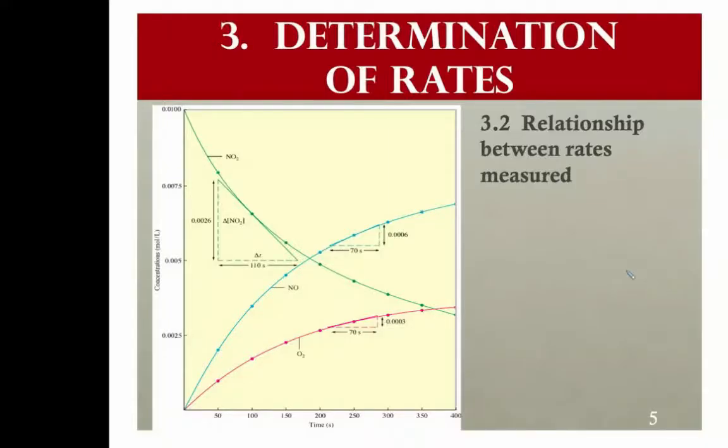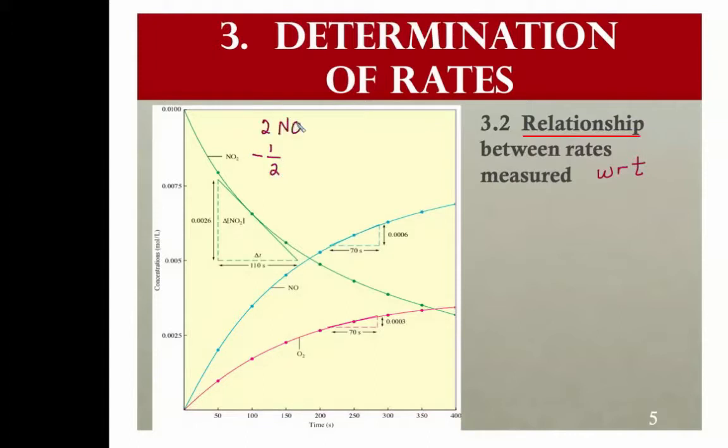This is where we left off in the last video, and we were looking at the relationship with rates. So it's important to note not only at what point the rate is measured, whether it's instantaneous, initial, or an average rate, but you also want to make sure you pay attention to what the rate is measured with respect to. Because you see that NO2 decreases at roughly the same rate that NO increases, but oxygen's only half of both of those. So it's related to the stoichiometry, and since a reactant is a loss, we're going to put